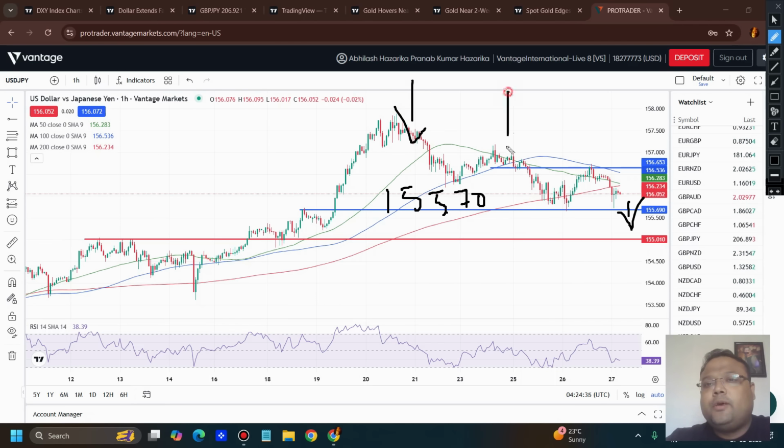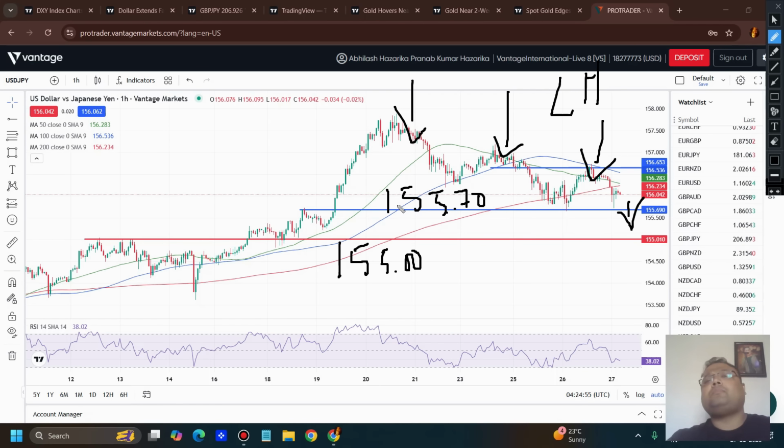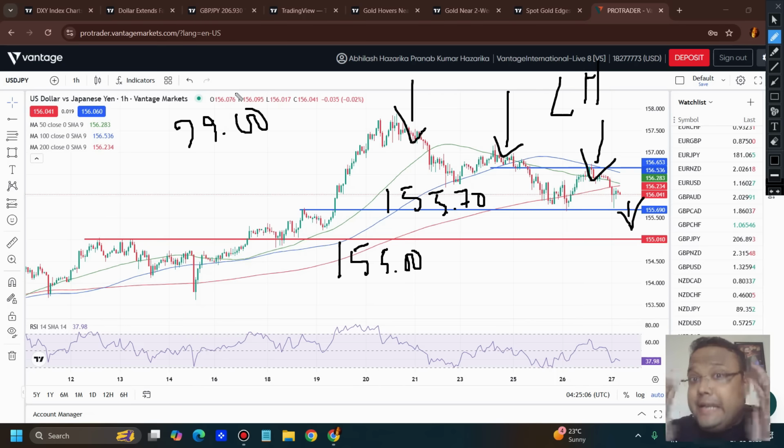And if we look at the market structure, it is also not very positive at this moment. The market is forming lower highs here. So if the market breaks 155.70, do not be surprised. The next best support will be around 155.00. I am not suggesting any sell position below 155.70 here, because the overall trend of the market is bullish. But in case the dollar crashes below the 99 level, and if you see that there is a good amount of selling pressure, then as a day trader only, you can look for a sell below 155.7.